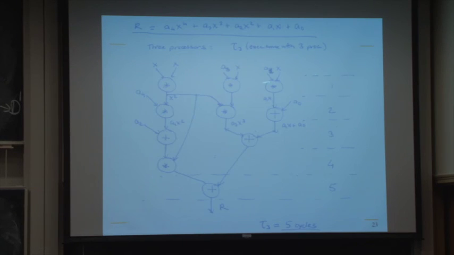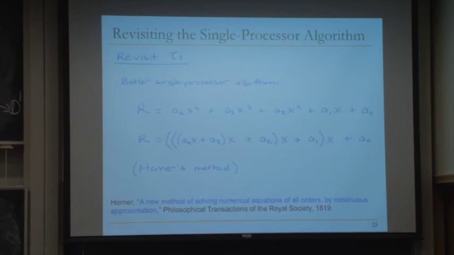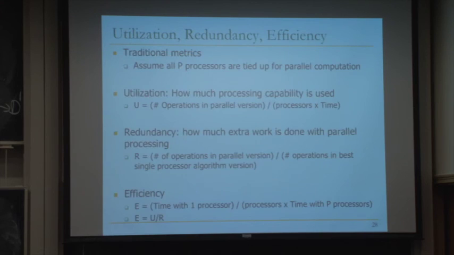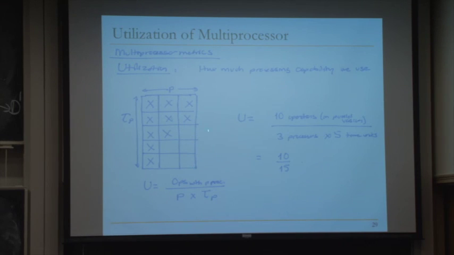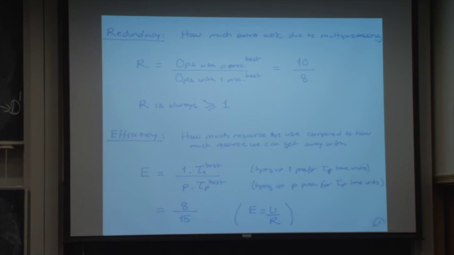This is a parallel version. In the first time step, you keep all 3 processors busy. In the second time step, again, all 3 processors are busy. In the third one, 2 processors. In the fourth one, 1 processor. In the fifth one, 1 processor. So your utilization is going down as you go through the time steps. And your overall utilization is essentially: you have 15 possible operations of processing capability during that time duration, and you're using only 10 of it. That's utilization. So you're not utilizing your parallel computer at 100% because you're not doing operations all the time.